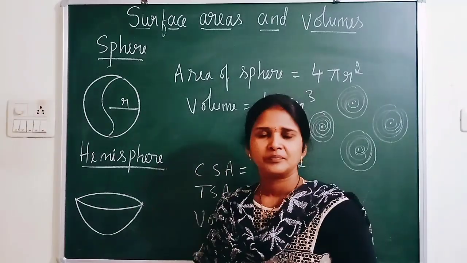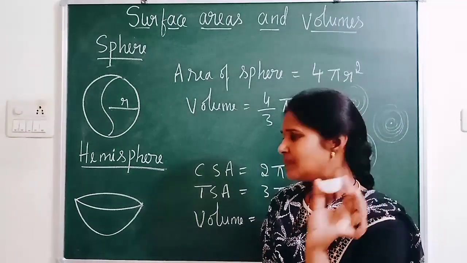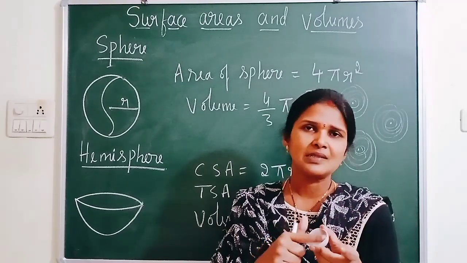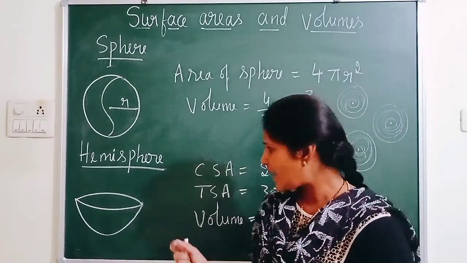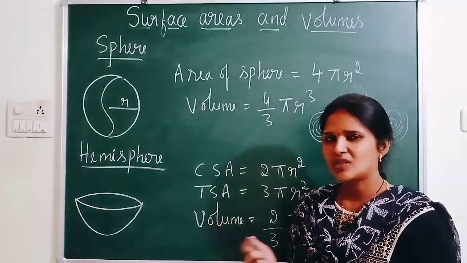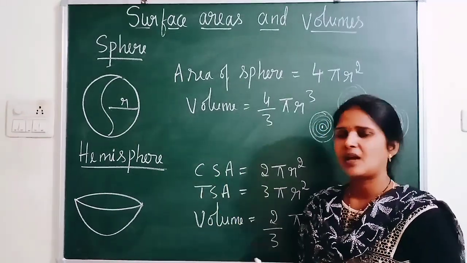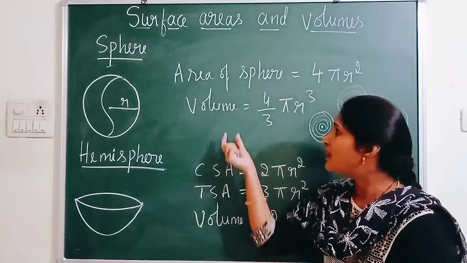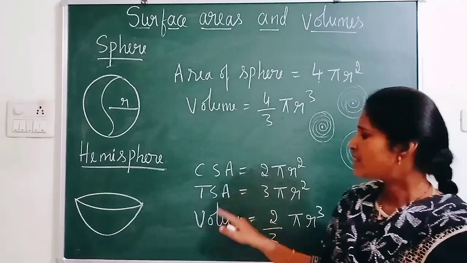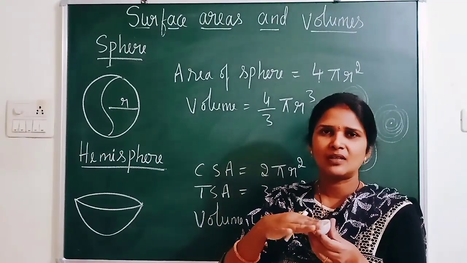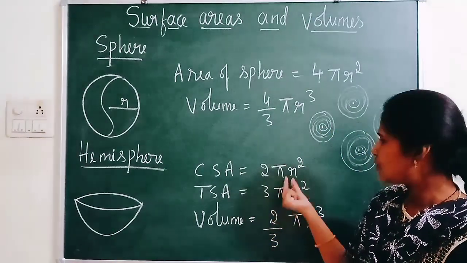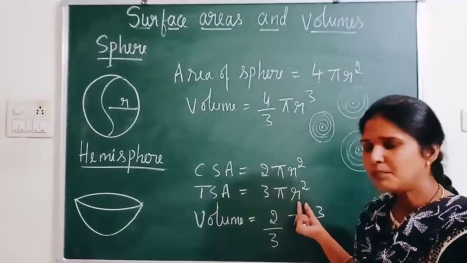Next, hemisphere. Hemisphere is half of a sphere. So a hemisphere has 2 faces. One is this curved face and the top face is a circle. Therefore it has LSA, which in other words we write as CSA. Why CSA? Because it is curved. For curved surface area, we take only this part, which is half of the sphere. So what is half of 4 pi r square? 2 pi r square. Next comes TSA. TSA means you have to cover this top, which is nothing but one circle. Add one circle area, that is 2 pi r square plus 1 pi r square is 3 pi r square.